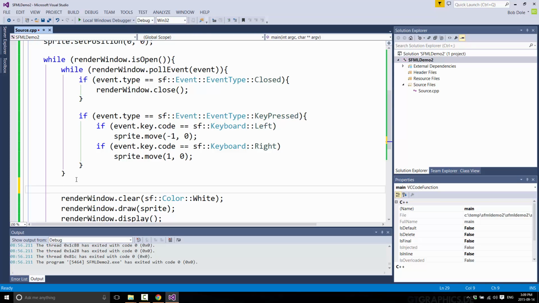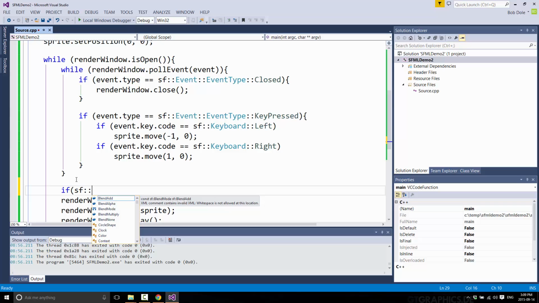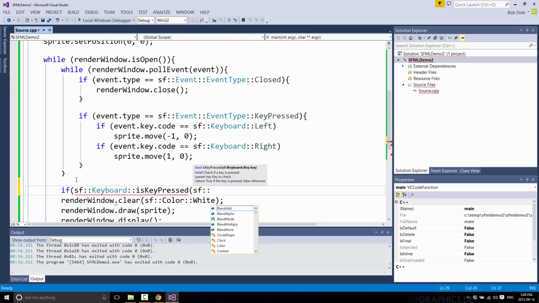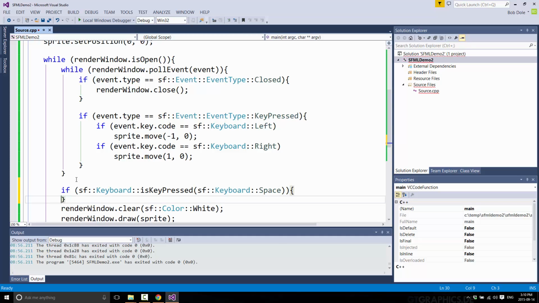But polling is quite simple, and first off, we're going to poll to see if the space key is down, and if it is, we're going to set the position of our image to the location of the mouse cursor. So first off, sf::Keyboard::isKeyPressed, so that's how you can poll. There's similar functionality for all the other input devices, and we're going to just check for sf::Keyboard::Space. So is the space key pressed? And if it is,